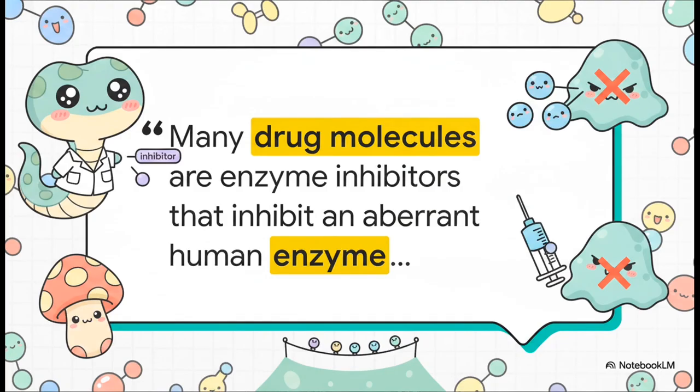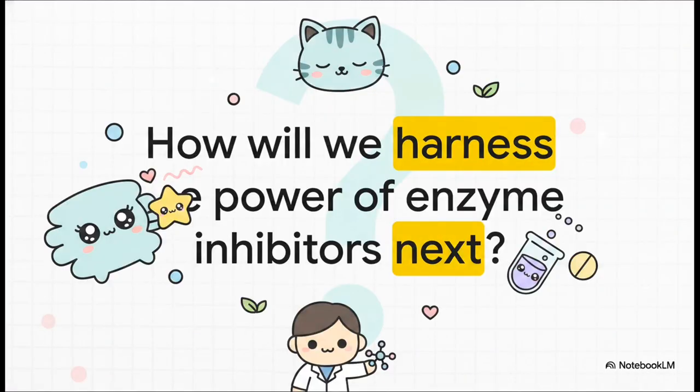As this quote lays out, many poisons produced by animals or plants are enzyme inhibitors. And conversely, many drug molecules are enzyme inhibitors that target an aberrant human enzyme or one critical for a pathogen's survival. It really is a biochemical tightrope, constantly balancing survival and destruction on a molecular level. So, knowing that a single tiny microscopic connection can either paralyze a predator in the wild or cure a devastating disease in a hospital bed, how are we going to harness the power of enzyme inhibitors next? The future of biochemistry, pharmacology, and honestly human health as a whole depends entirely on how we answer that